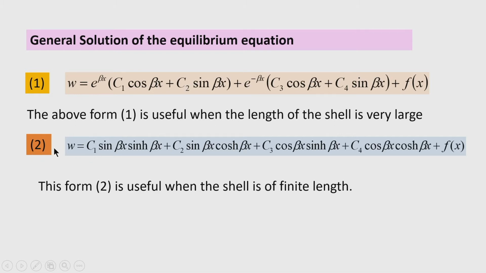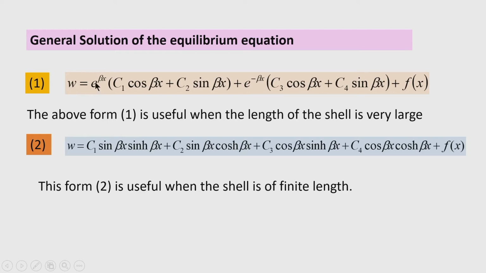Number 2 form, that is W is equal to C1 sin βx sinh βx plus C2 sin βx cosh βx plus C3 cos βx sinh βx plus C4 cos βx cosh βx plus f(x). These terms that you are noting here, written in terms of trigonometrical and hyperbolic functions, can be easily obtained when